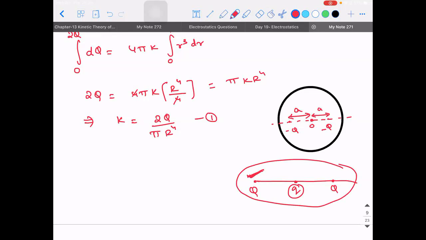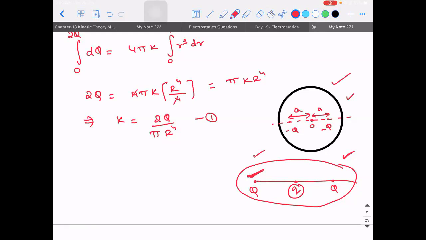What is the difference between the question we did yesterday and this one? Here it's a charge distribution. The question we are doing now. The question we did yesterday had point charge. Excellent, that is what I was expecting. Here it was point charge, so it was easy for us because we could apply Coulomb's law and solve it. Whereas here I don't have point object, I have extended object.